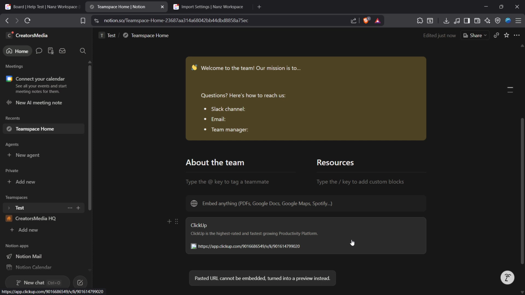A few quick tips to polish the result. Drag the edges of the embed block to resize it so more tasks are visible. If your Notion page supports it, turning on full-width layout can give your board or list more breathing room. Add a short heading or description above the embed so teammates understand what they're looking at and which filters are